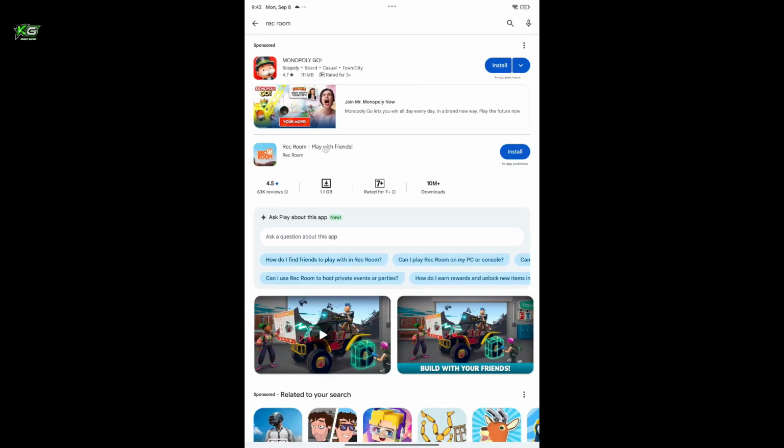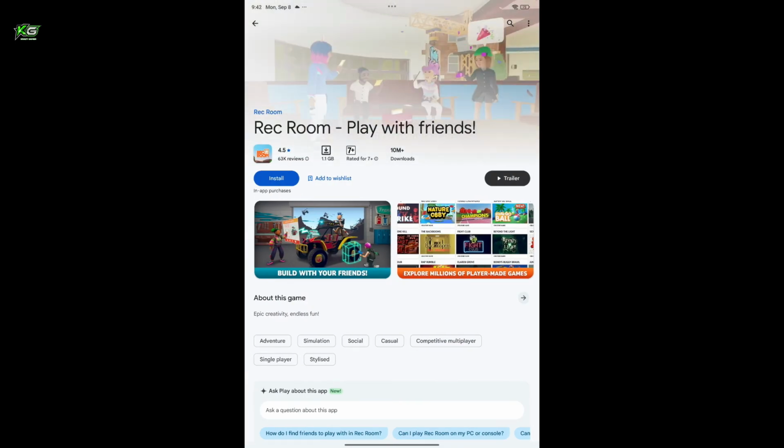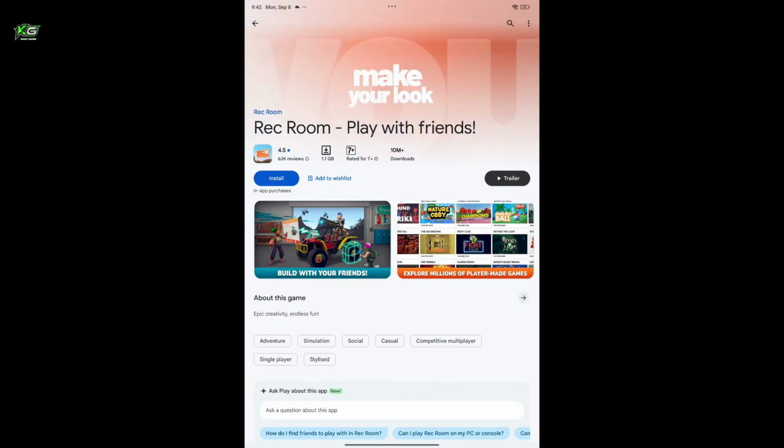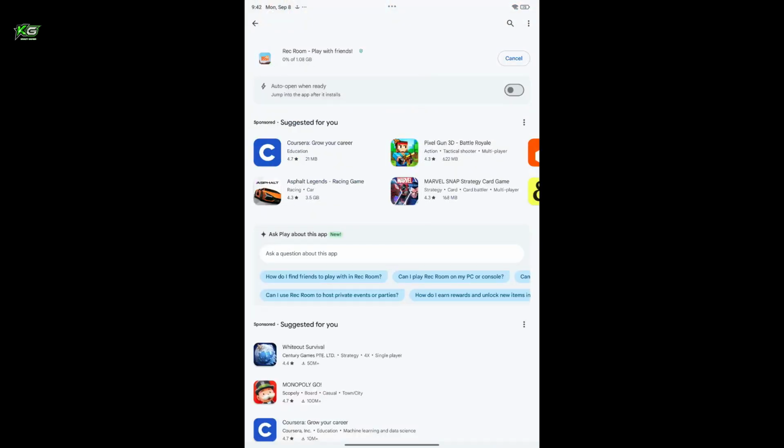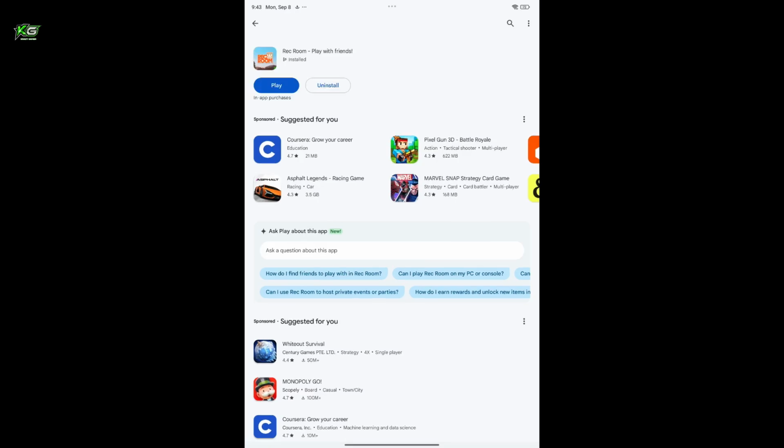From the search result, look for this application that says Rec Room Play with Friends and tap on Install. Wait for the application to download and install, which will take several minutes depending upon your internet speed. Just make sure you have a stable internet connection. Soon after you do that, you will be able to download the app, tap on Play to launch open the